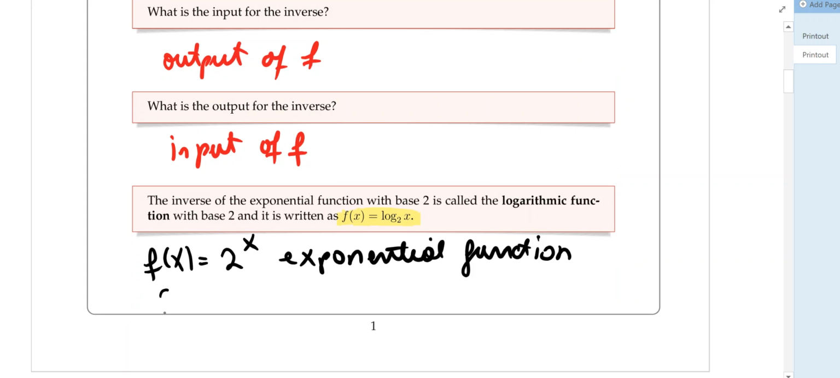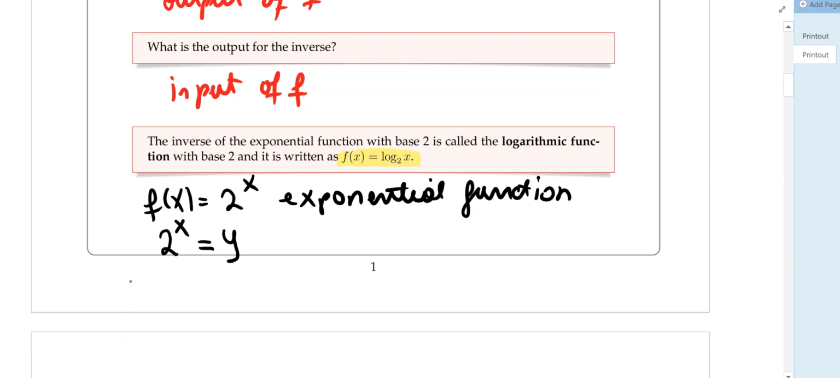This is the same as saying 2 to the x equals, your f of x is the same as the output, the y value, right? Then the logarithmic function, we don't have another notation for logarithmic, so we simply decided to just write it log base 2. So now, since it's the inverse of the f function, it's going to switch the input and the